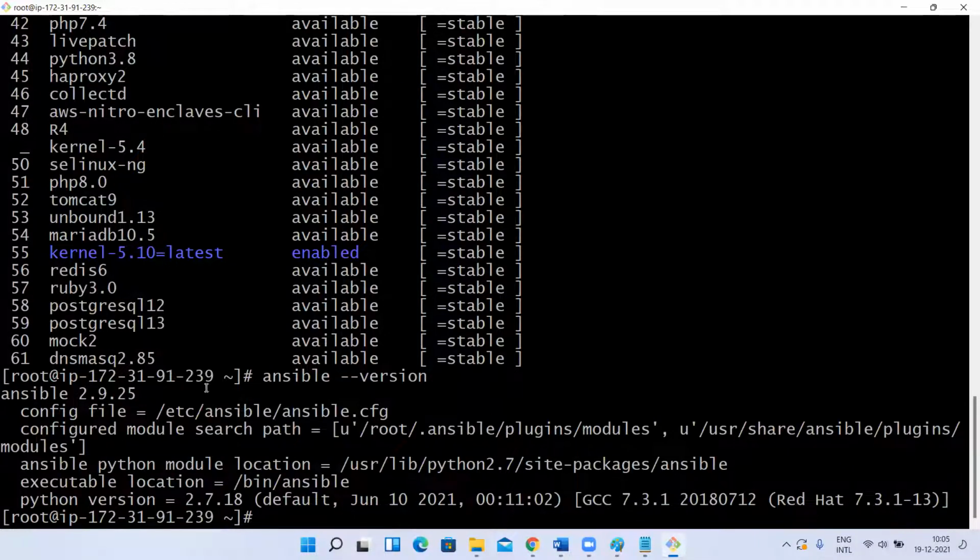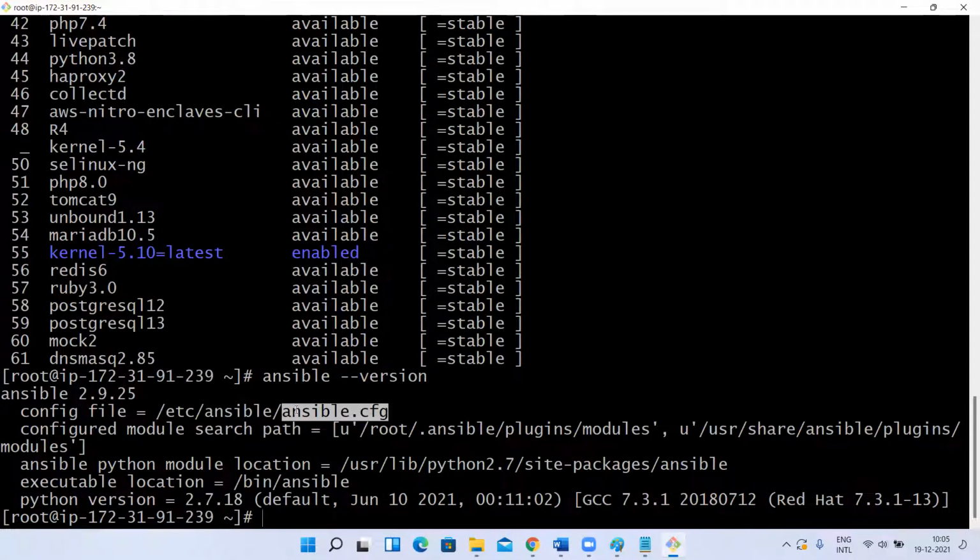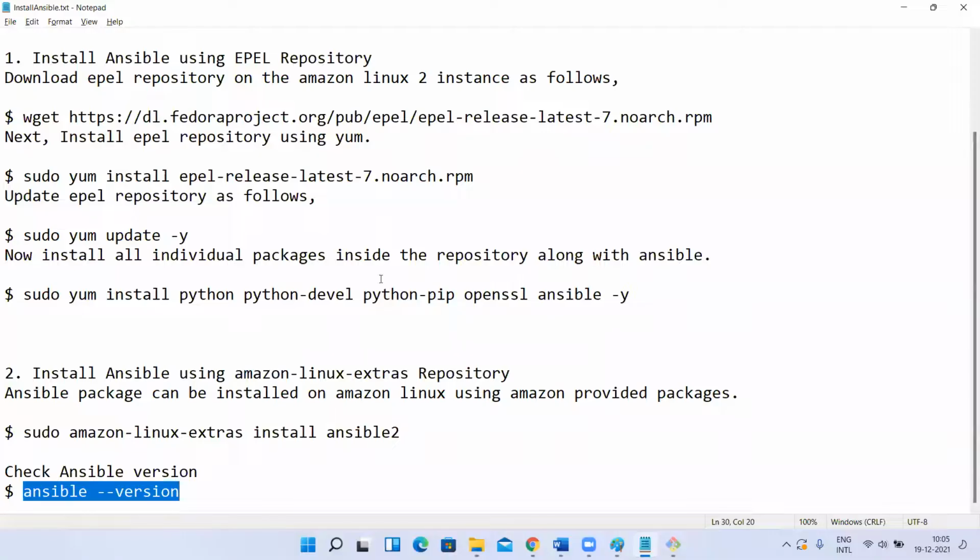Now I have installed Ansible. This is the main location for our Ansible: /etc/ansible. Remember, this will be asked in interviews as well. This is the location where we configure many things. We can call it the Ansible home directory. There will be one file called ansible.cfg, where we can do all Ansible-related configurations. There will also be a hosts file, which I'll discuss in a moment.